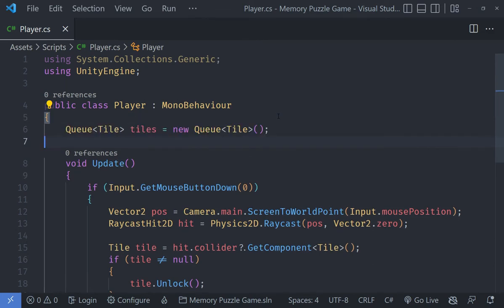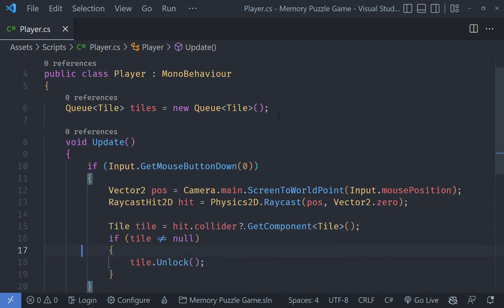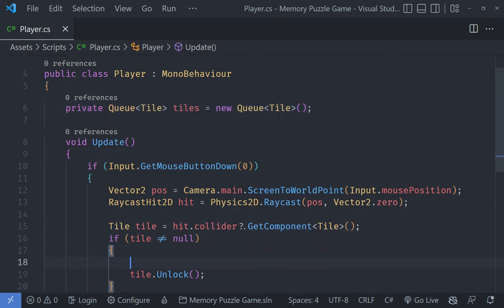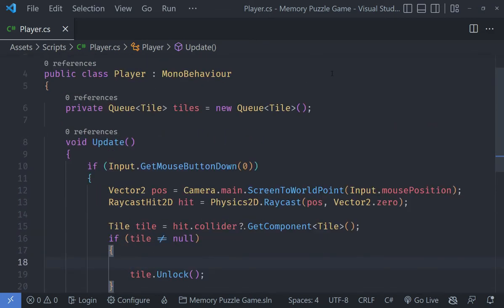First of all, I'm going to go under my player class and create a queue of tiles, and just set that as a private variable here. You can see we are calling that tile.Unlock method. What we want to do is, if the tile is not null, which means that we are calling unlock on it, we want to first check if the tiles.Count